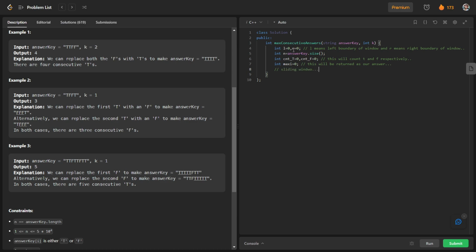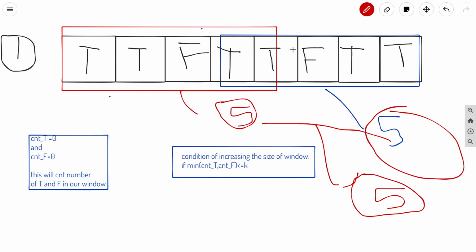We will have a while loop where the rightmost boundary is less than n. While r is less than n, we will make two conditions, the two conditions that I have already told you. The first condition is that of increasing the window when the minimum of count t and count f is less than k. When this condition holds, we will increase the size of the window, otherwise we will decrease it.